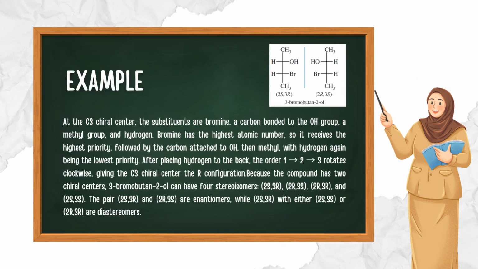At the C3 chiral center, the substituents are bromine, a carbon bonded to the OH group, a methyl group, and hydrogen. Bromine has the highest atomic number, followed by the carbon attached to OH, then methyl, with hydrogen again being the lowest priority. Because the compound has 2 chiral centers,